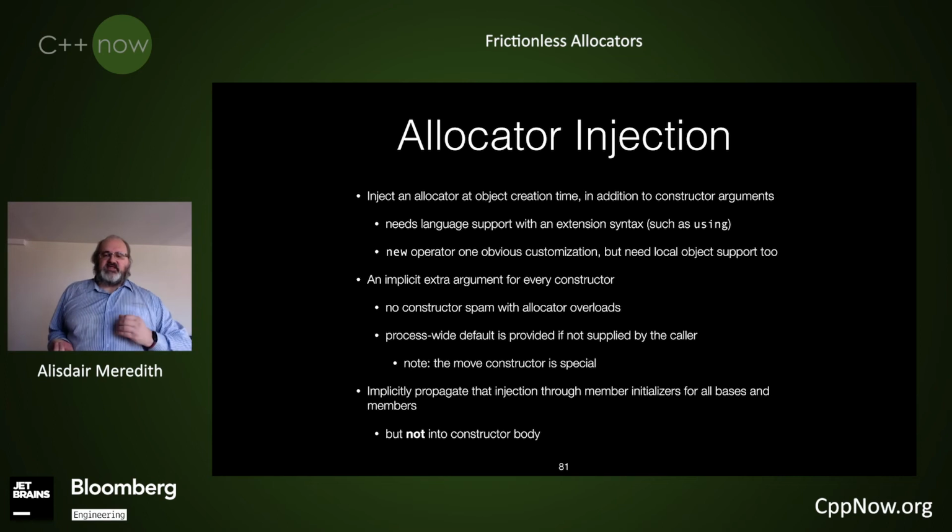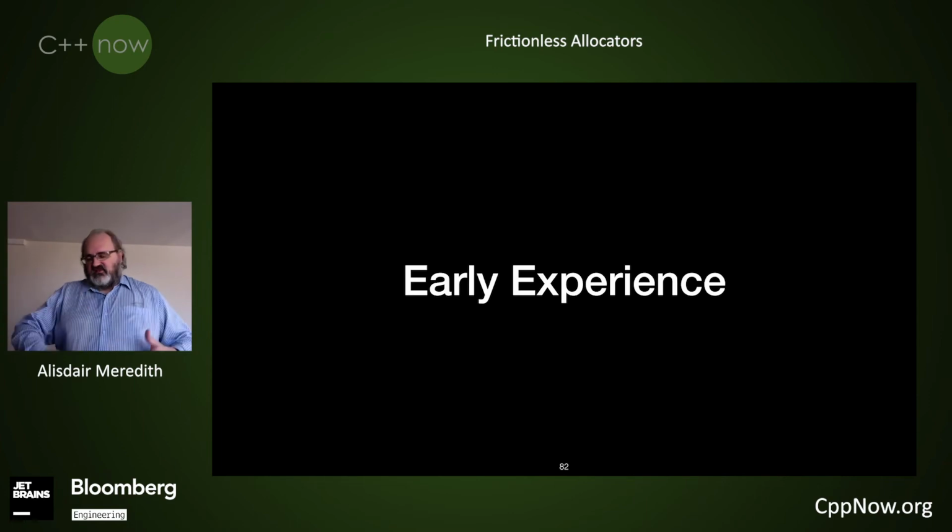It means that if you've got an allocator-aware type, every single constructor other than the move constructor has an implicit extra argument for that allocator. That's how we get away with having the optional allocator or not. If you don't supply it, it gets populated with a default system memory resource, or if you do supply a using, that's consistently used for everything. But there's always an allocator therefore being supplied. It's just no longer syntax that the user has to write and be aware of, and that greatly simplifies and removes friction from the system. And again, the allocator will have to propagate all the way down through the rest of the system when it's constructing its bases and members.